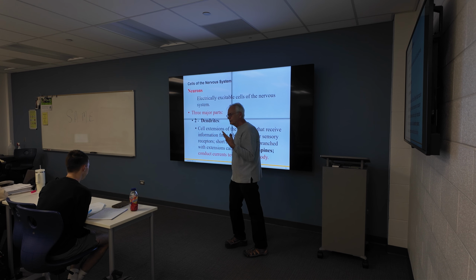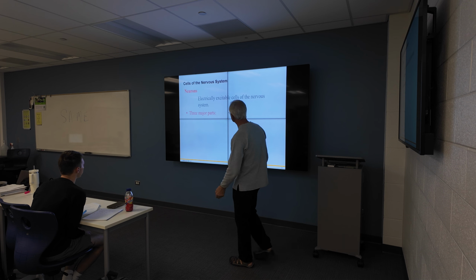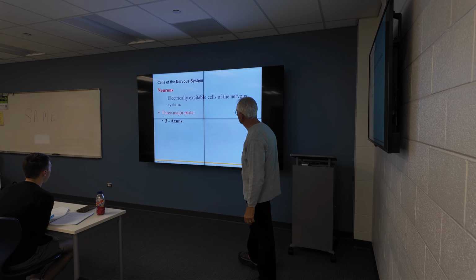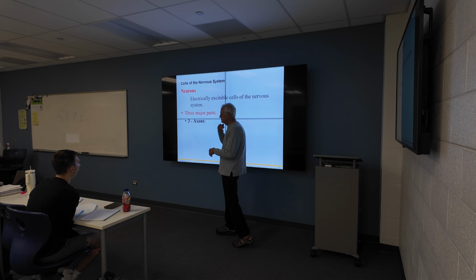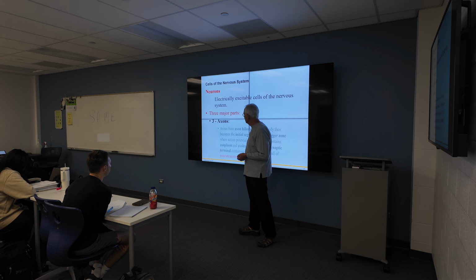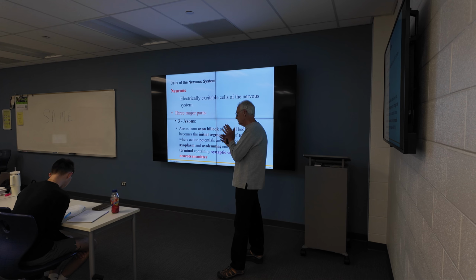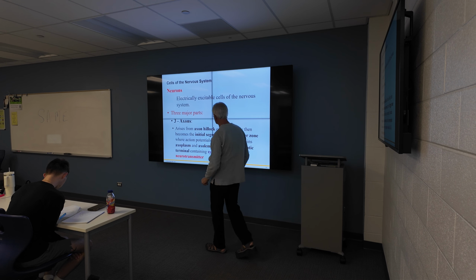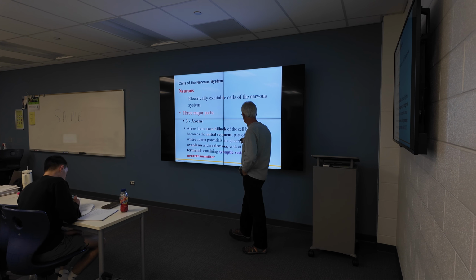Is there a third part? Third part would be what? Axon. The axon. Three major parts, here's the axons. The neuron is the electrically excitable cell associated with the nerve system. Third part is going to be the axons. They arise from the axon hillock. The hillock is that little peak extension of the cell body,